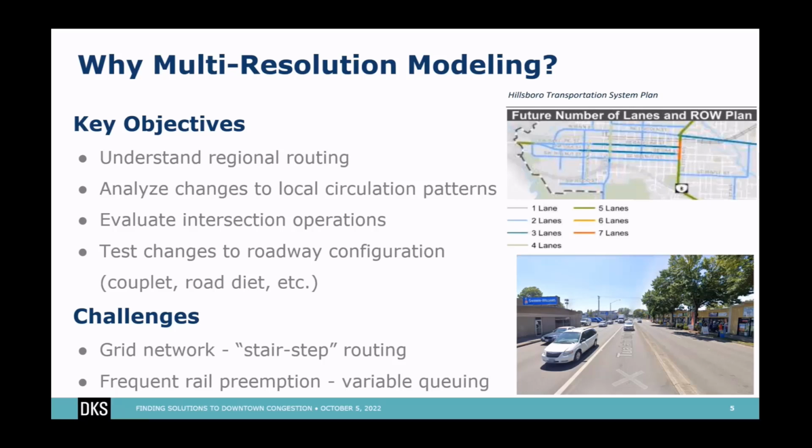Why we're using multi-resolution modeling here is we have a lot of different key objectives, and one of them is understanding that regional routing. Are we going to manage that into the future? This image off to the side is out of the city's transportation system plan, and that orange segment's calling for 7 lanes to accommodate the future growth, which means wiping out